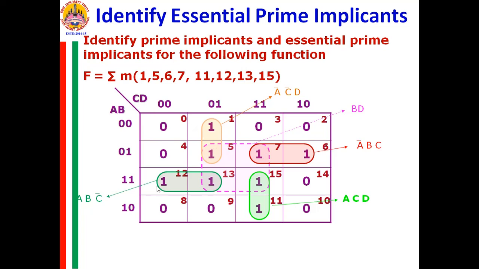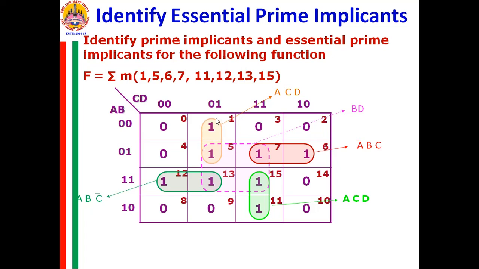These all 4 ones are essential, and they cannot combine with any other ones to reduce the Boolean expression further. This is an essential implicant, this is an essential cell. So a prime implicant including this cell is called an essential prime implicant. This is also an essential cell because it has formed only one pair combination.